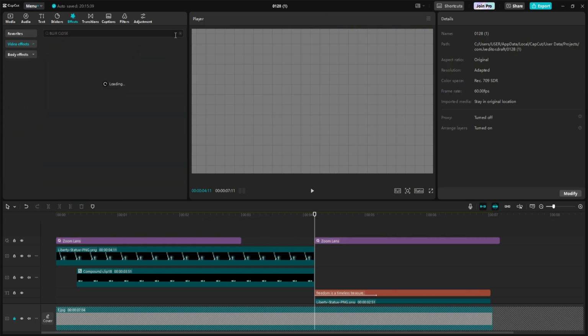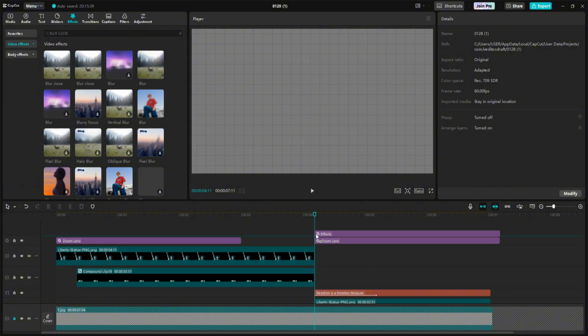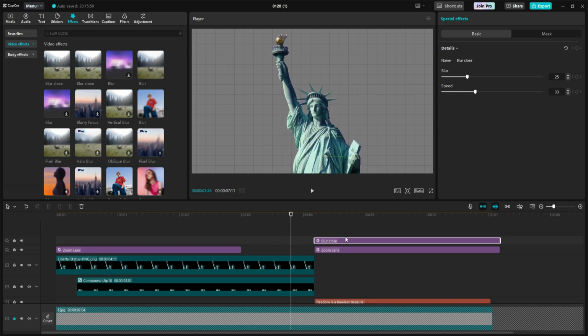Now for the second clip, I'm gonna add another effect called blur close. I'm gonna move both of these effects over here.